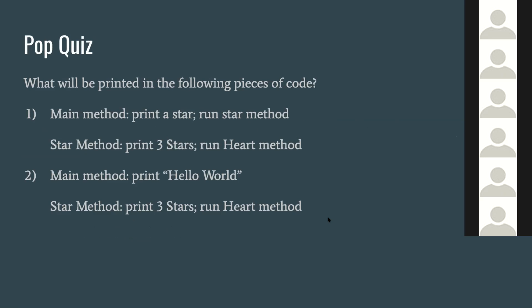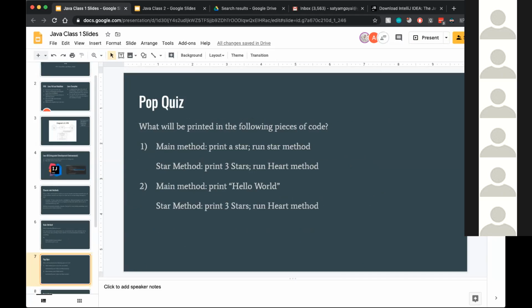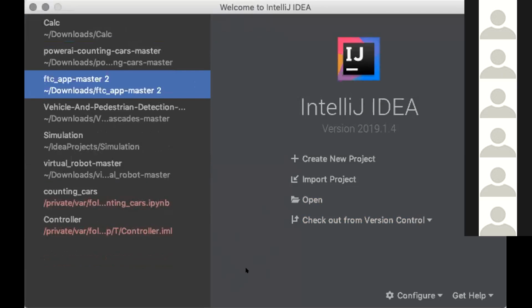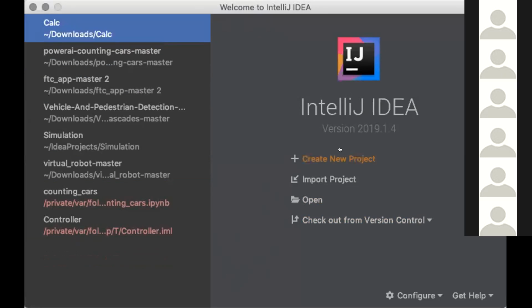So basically we want to do this code. How many of you were actually able to get to the point where you're able to open IntelliJ? Yeah, I got to the screen where it asks me to either create a new project, open or import, or get from version control. Were you guys able to get to here? Is everybody on here? This is all the stuff that I've previously created. So if you're with me on this step, you can follow along.